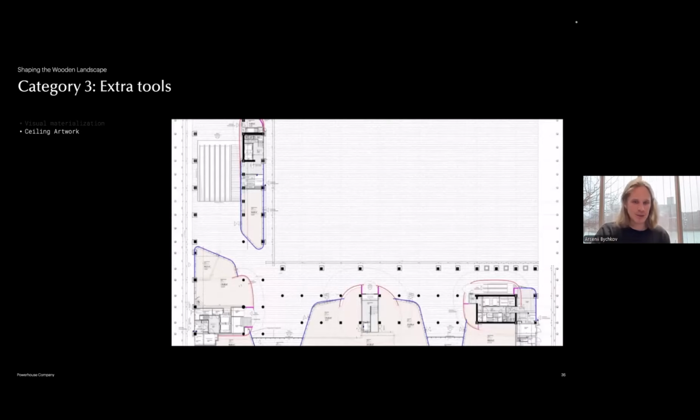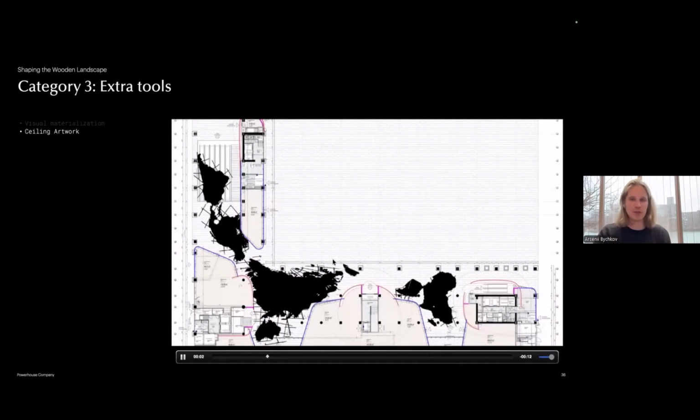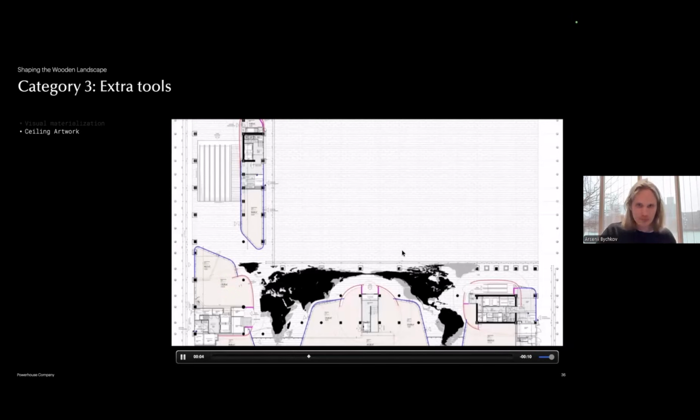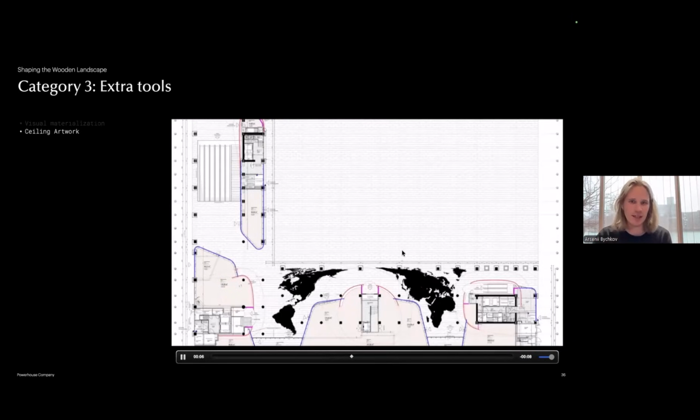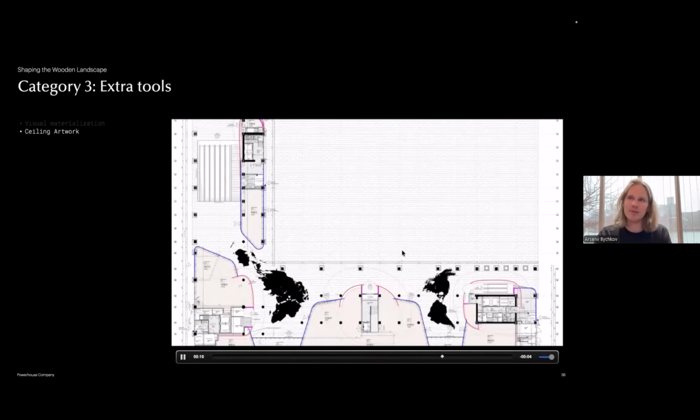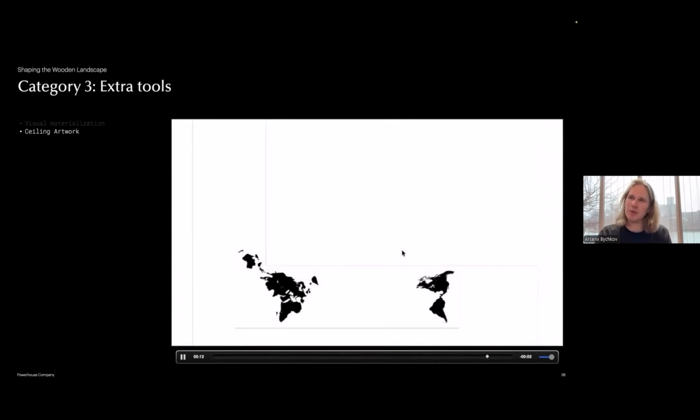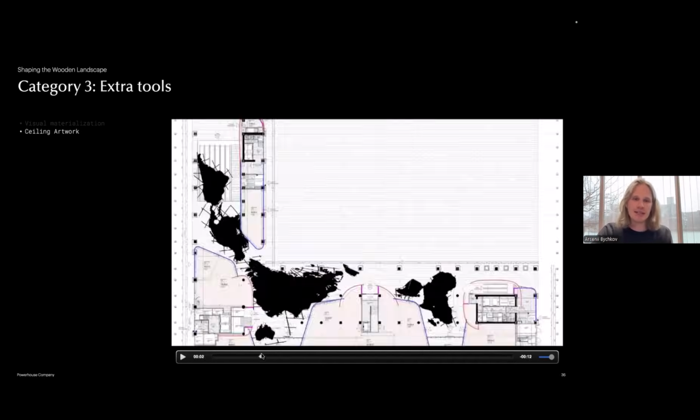And that was quite an interesting challenge. What we started with was actually trying to just position this map on the ceiling. And here there was a very nice connection that we came up with, which was basically something that I can call maybe Photoshop inside Rhino, or Rhino inside Photoshop. I'm not sure how to explain it a little bit better, but basically we're doing different tests on how to position the surface. How to position the world map outlines,